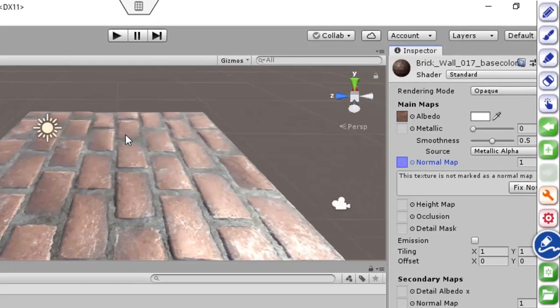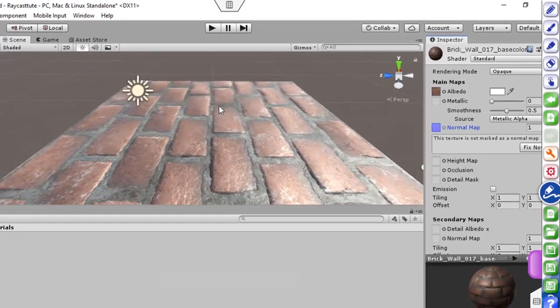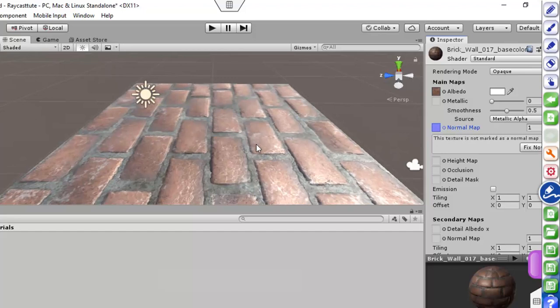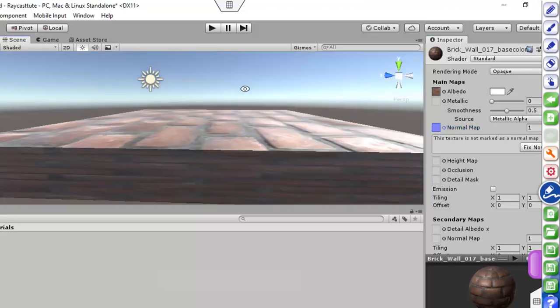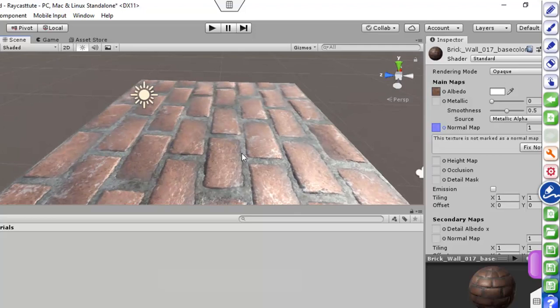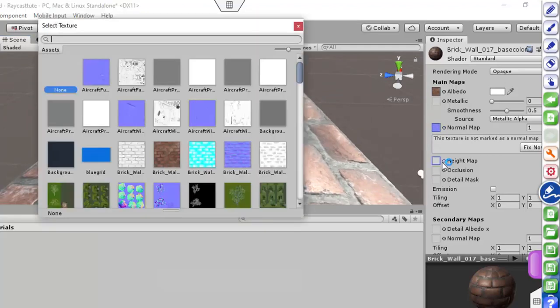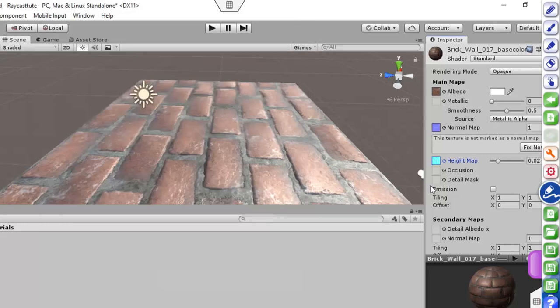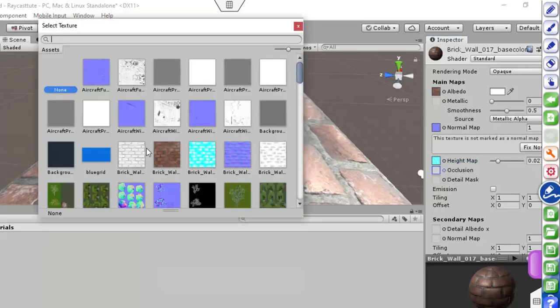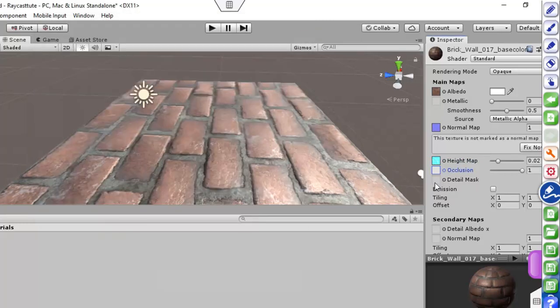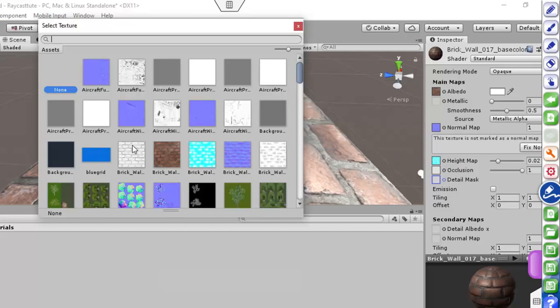now we can see that we got a little bit of roughness, a depth. Okay, now if we apply the height map, this one is a height map. Okay, occlusion map, and on detail mask we can again apply this brick texture.